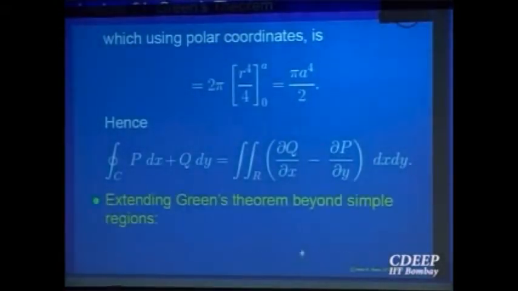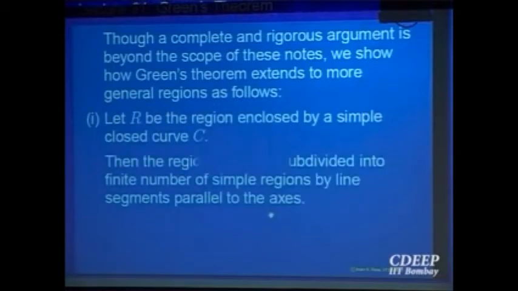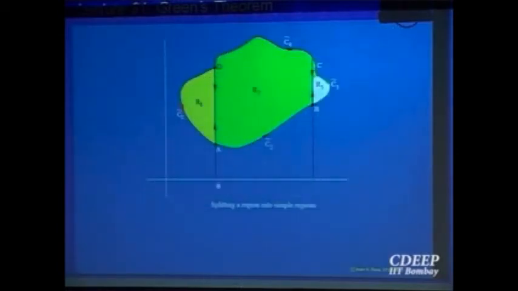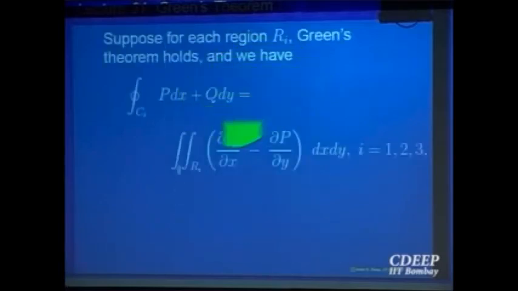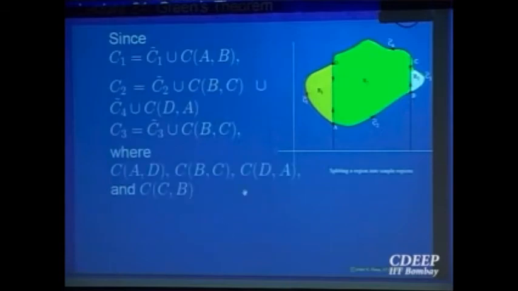So let me show you some more pictures of how this extends. Basically what I have said orally, you can read in the notes, saying that a region can be cut into parts by drawing lines. On the common boundaries, the line integrals will be in opposite directions and they will cancel out and everything will be okay. So all that you can write mathematically for each region, you add up the corresponding equations, the extra line integrals on the left hand side will cancel out and you will have the appropriate equation. That is, Green's theorem is valid for such regions.